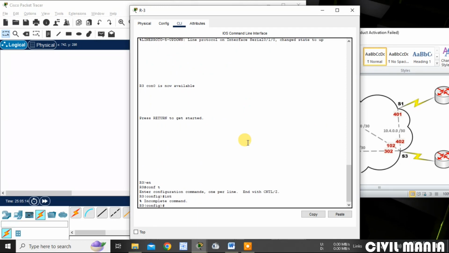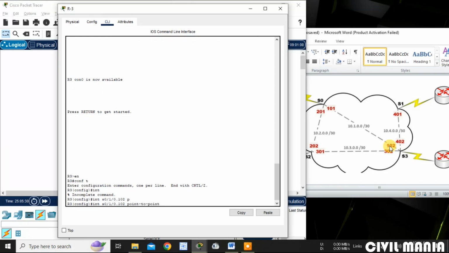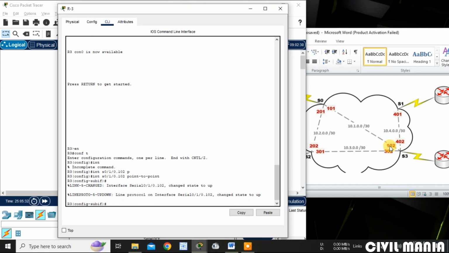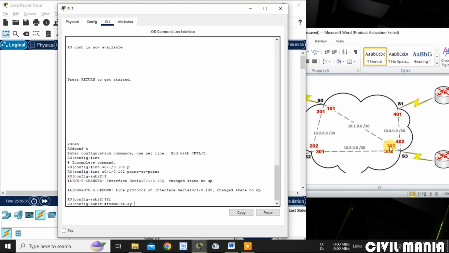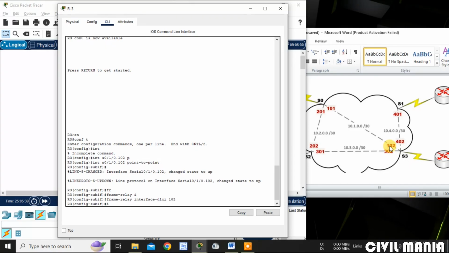Interface, then after that interface S0/1. First of all, let me do this for DLCI 102 point-to-point. After that, frame relay interface DLCI 102, then the IP address 10.1.0.2.